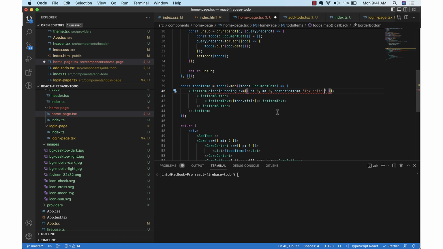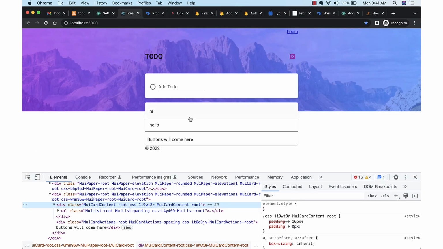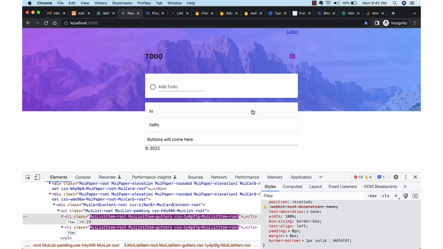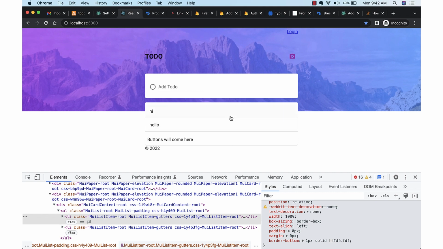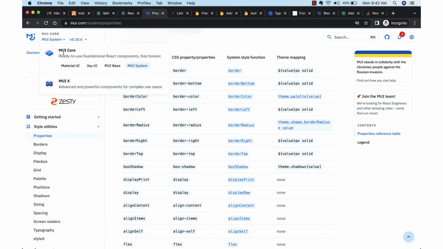Now for the color, we can use different colors. We can just hardcode whatever value we want to give. We'll give some light gray color, and I think this looks fine. We can even use the theme, from the theme also we can use. Now we'll go back to the